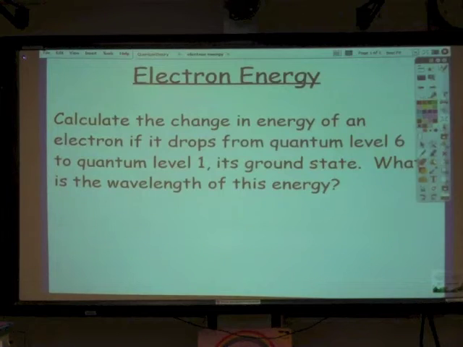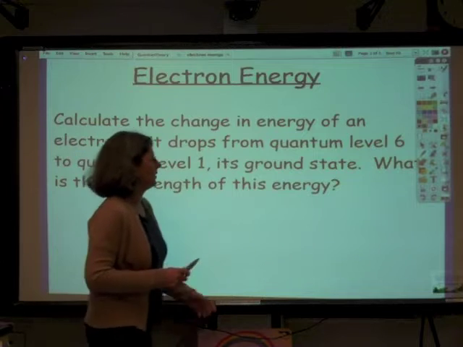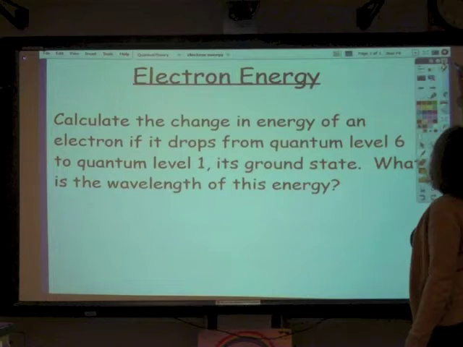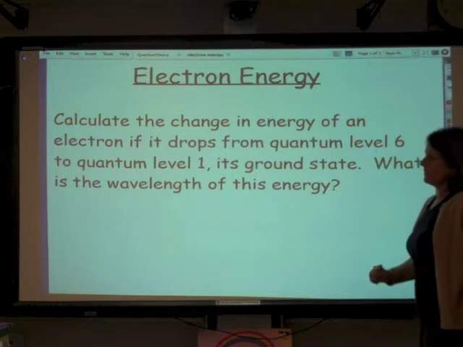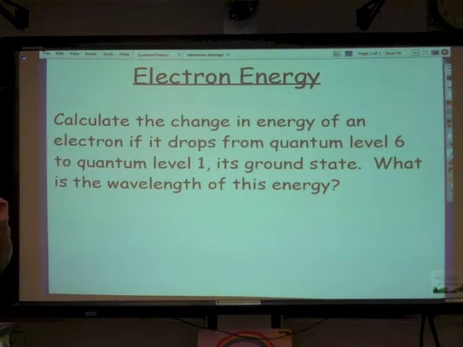Today our topic is all about the energies of electrons. And so what we're going to do is calculate some energy changes. So calculate the change in energy of an electron if it drops from quantum level 6 to quantum level 1,